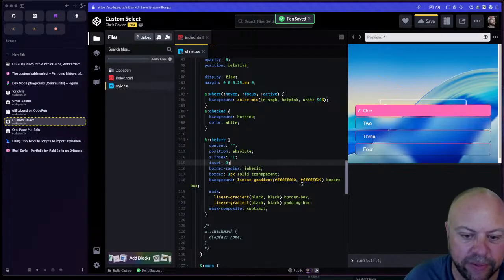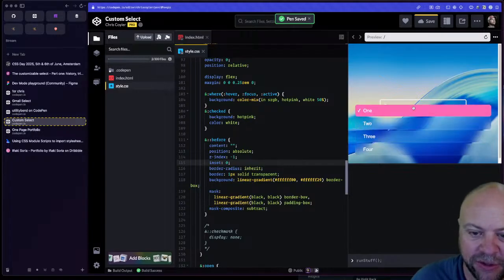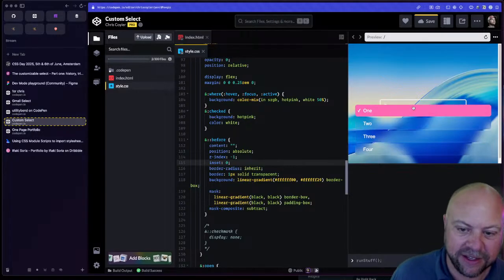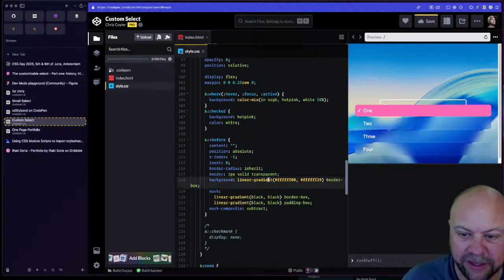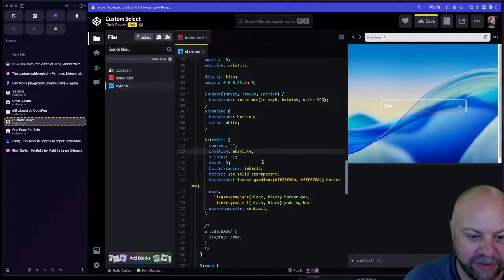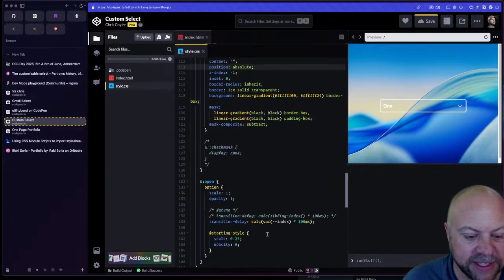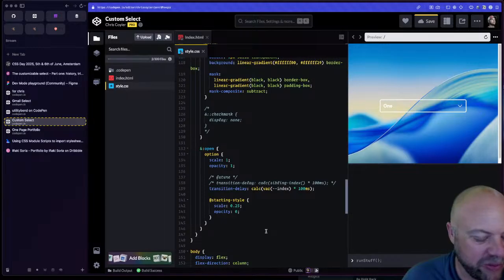So I'm applying a little bit of transparent white of different values to it, which is just a nice little technique, I guess. We still have some pink in there that we could pull out, but I feel like that's kind of a nice moment. And the staggering, which was the thing I wanted to pull off from the very beginning of this,